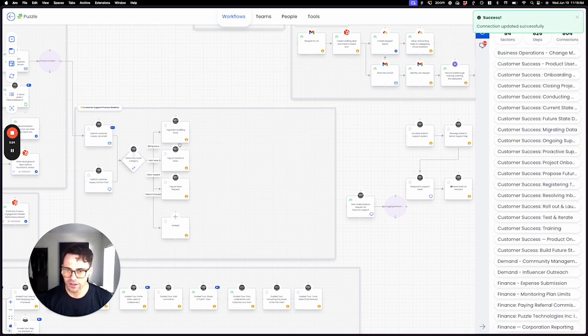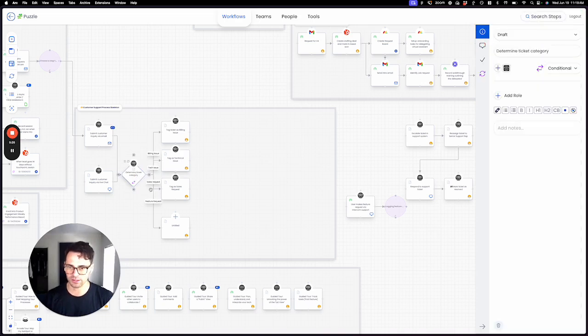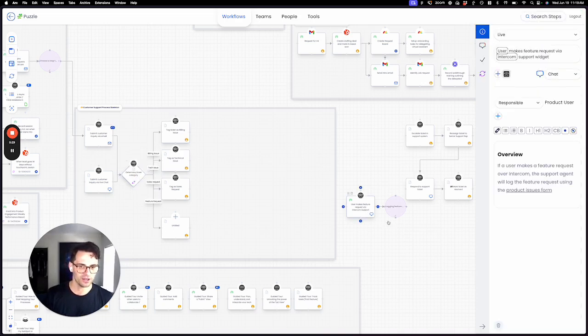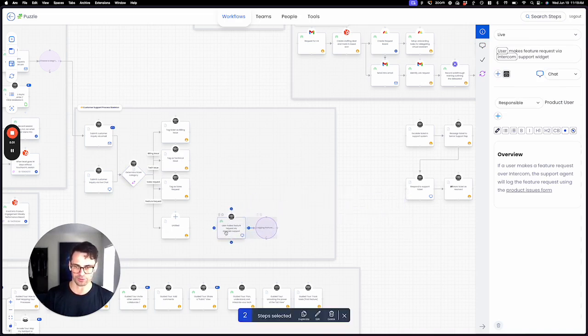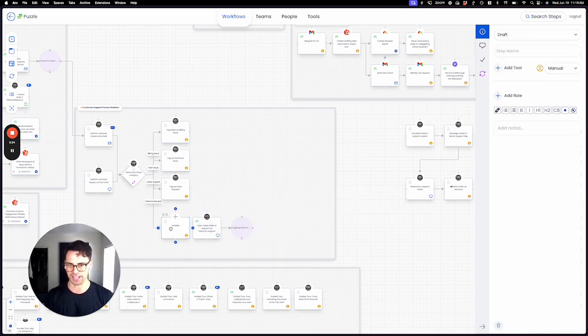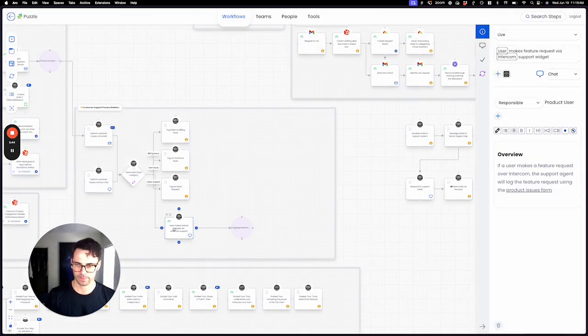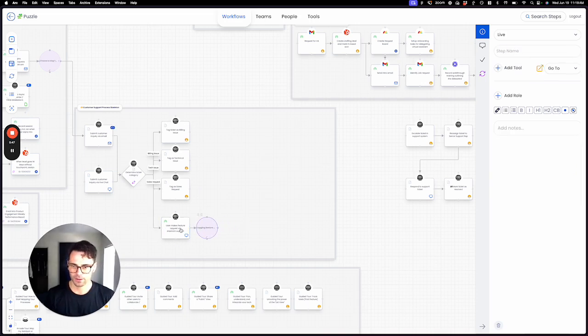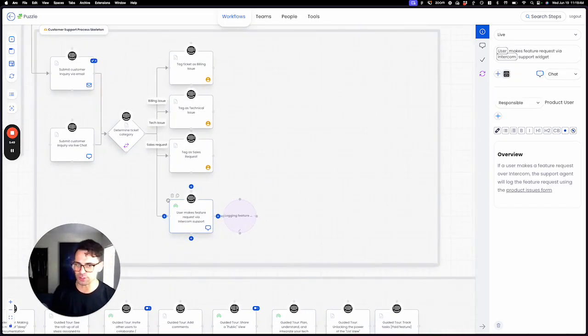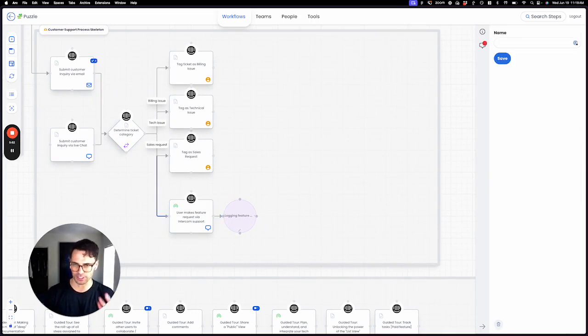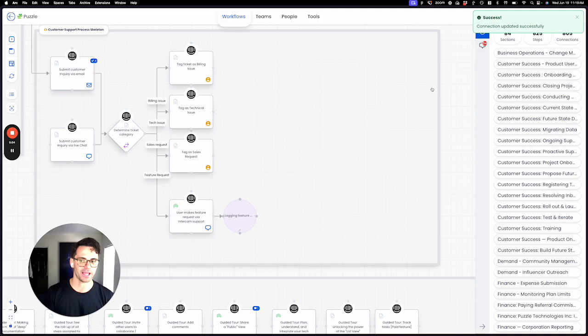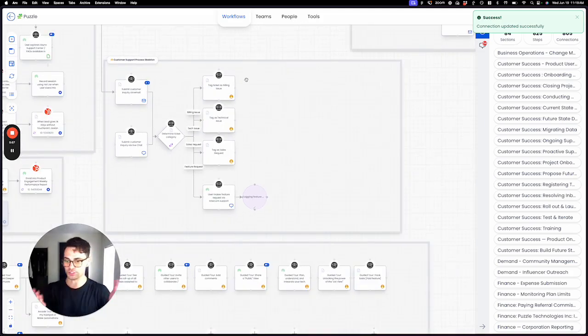There. So if it's a feature request, right, we want to take a different route here, right? So maybe we have some different canned answer that we use. We're actually going to connect this here, and we're going to delete this. There we go. Maybe there's a different canned response that you use for feature requests versus sales requests and billing, obviously. And you can just continue to build out your knowledge base for how tickets come in and how they're responded